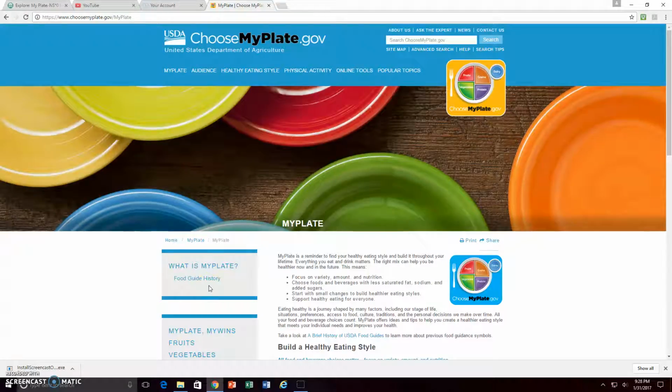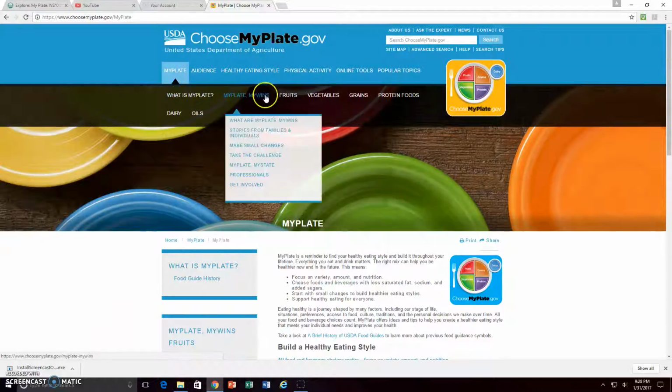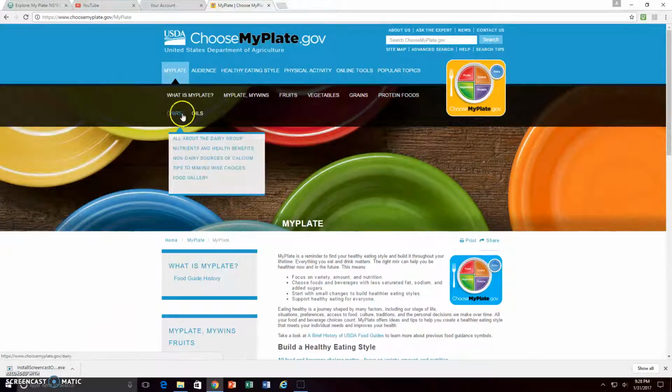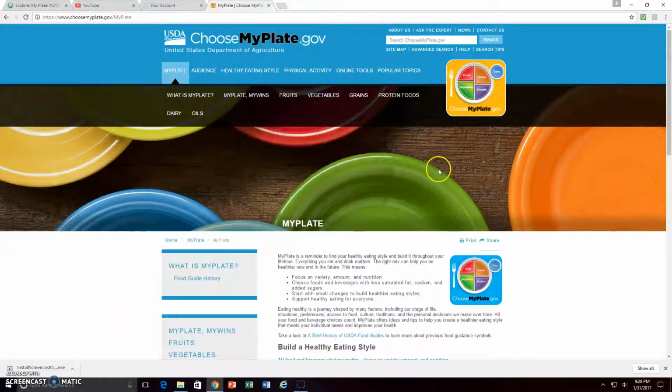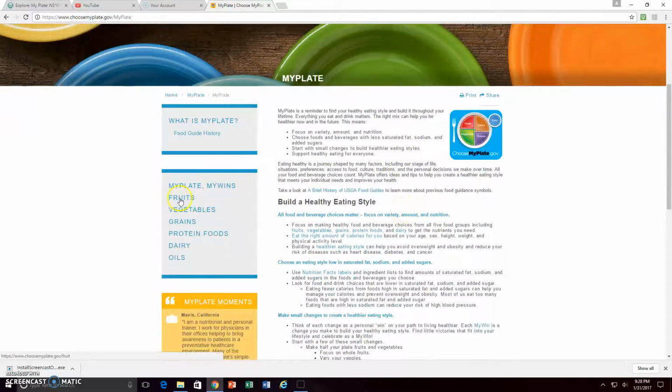In this short tutorial, I'm going to show you how to explore ChooseMyPlate.gov and highlight some of the special tools on this site. MyPlate gives you an overview and talks about each one of the food groups. It's important that you not just know the food groups, but know more about each one. Scrolling down, you can look at the fruit, the vegetable, the grains, the protein foods, the dairy, and the oils